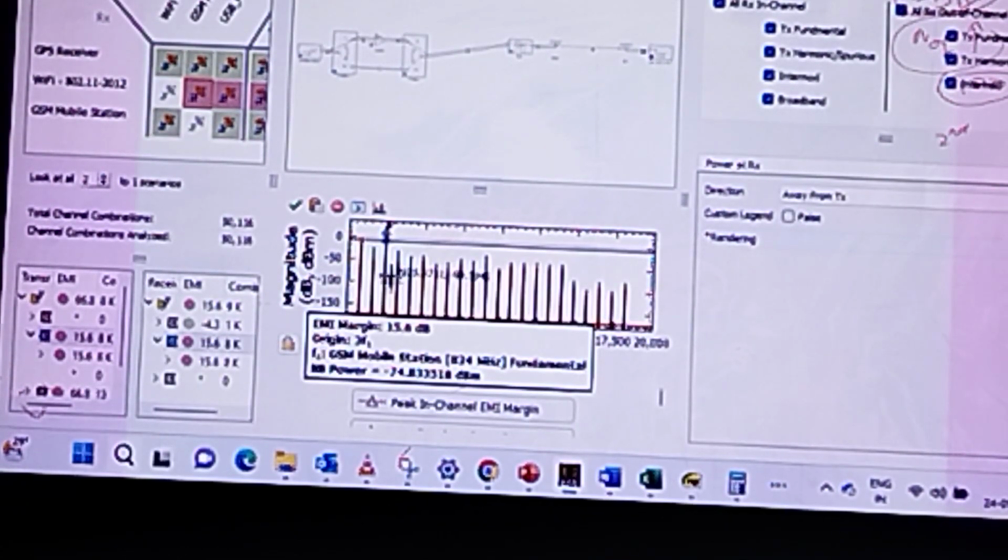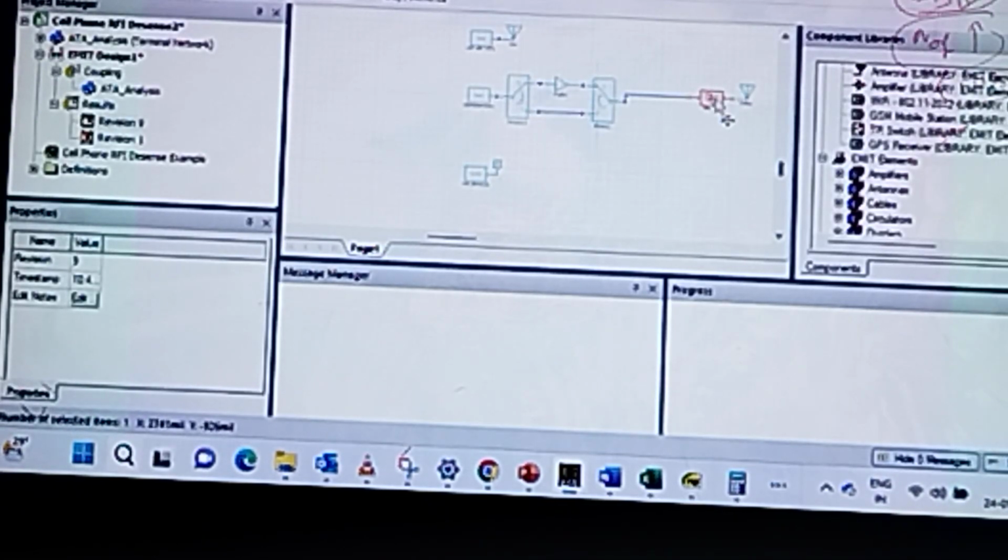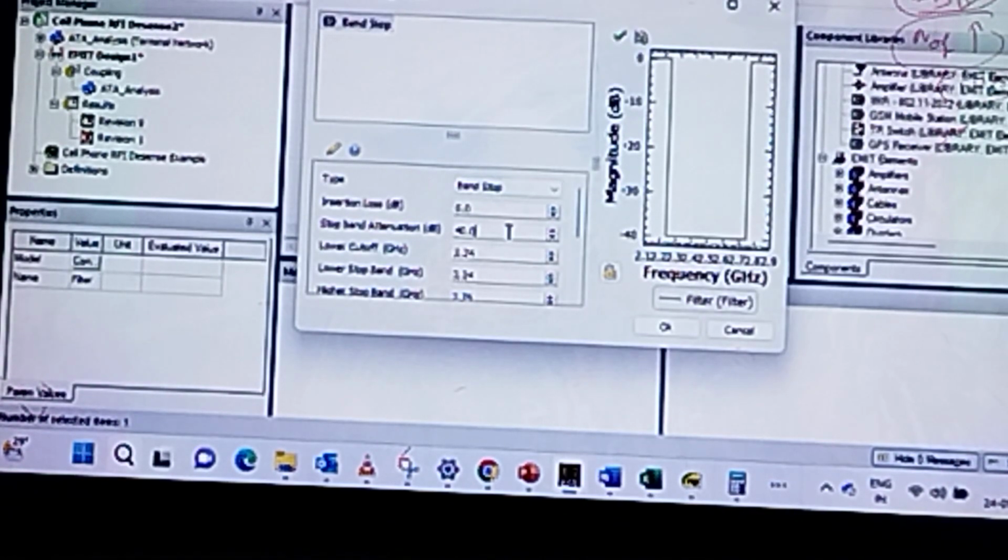In this particular case, the 40 dB suppression is not enough. So I need more suppression there. In this case, we need to make it